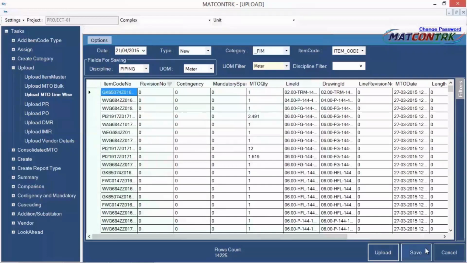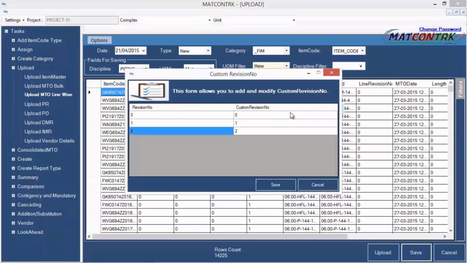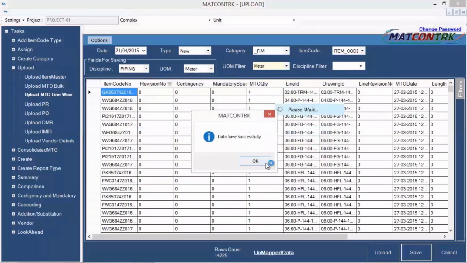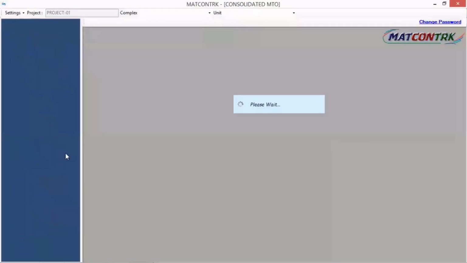Again, for the same piping discipline, I have uploaded these MTOs. Now, as it is a line-wise MTO, I need to supply the line revision intelligence to the system over here, as line revisions may also come in an alphabetic manner. So for the system's understanding, I have supplied the information.